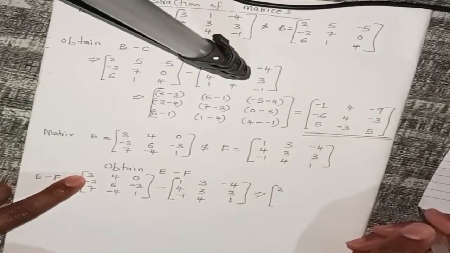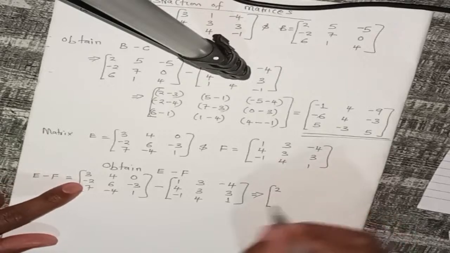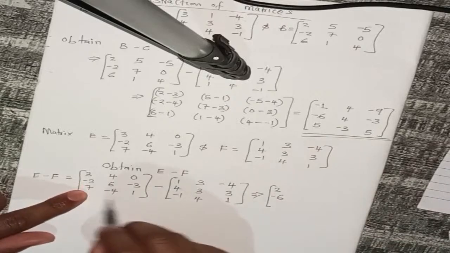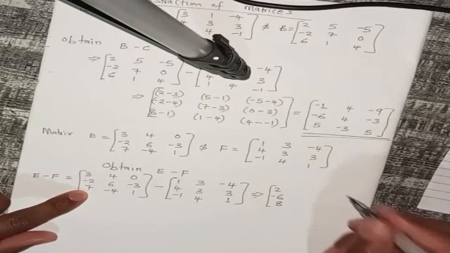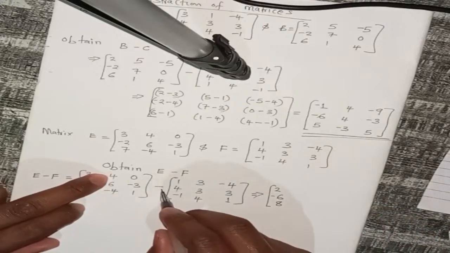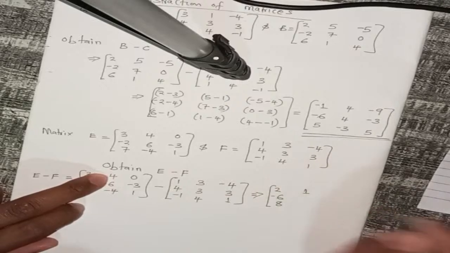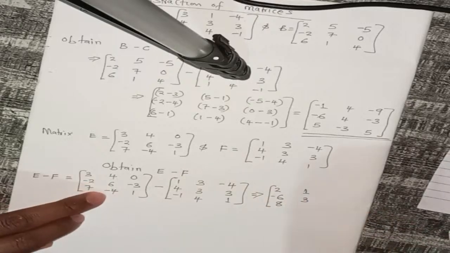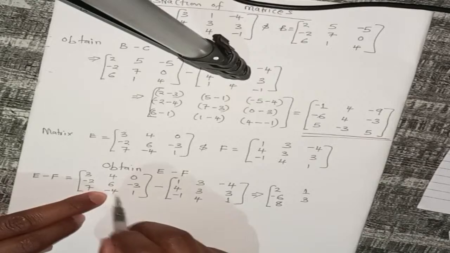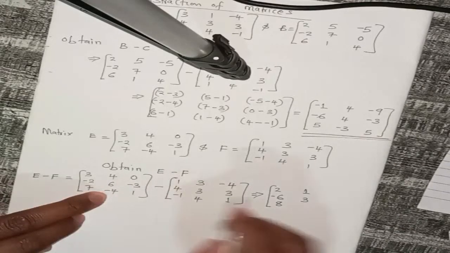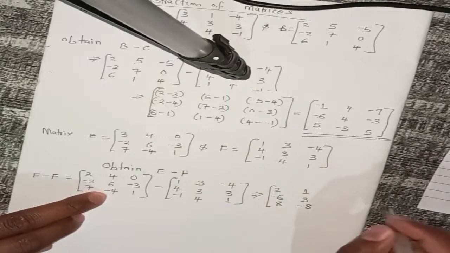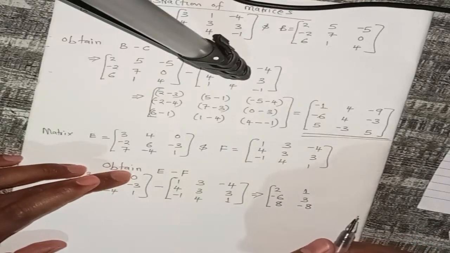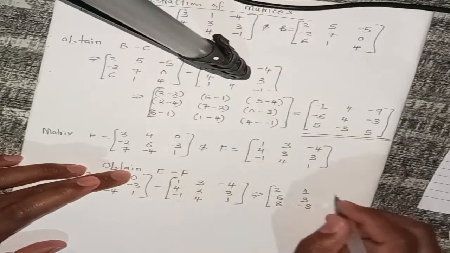which is 2, minus 2 minus 4, which is minus 6, 7 minus minus 1, which is 8, 4 minus 3, which is positive 1, 6 minus 3, which is positive 3, minus 4 minus 4, that is minus 8, 0 minus minus 4 is positive 4,